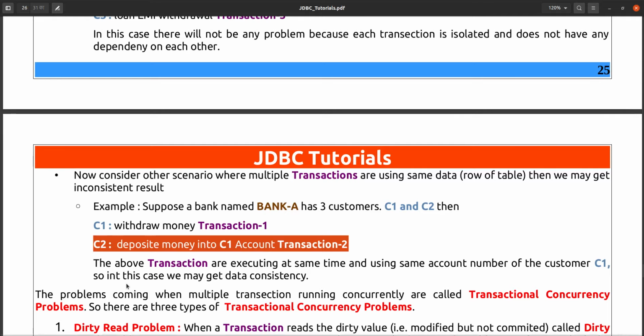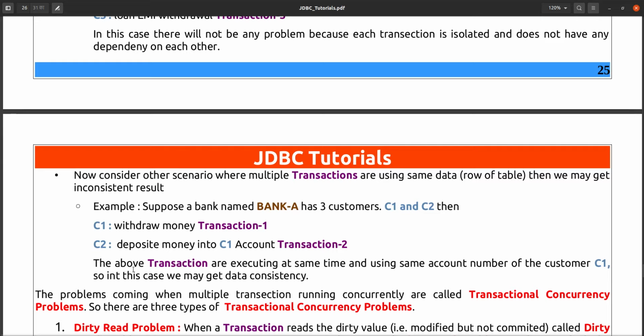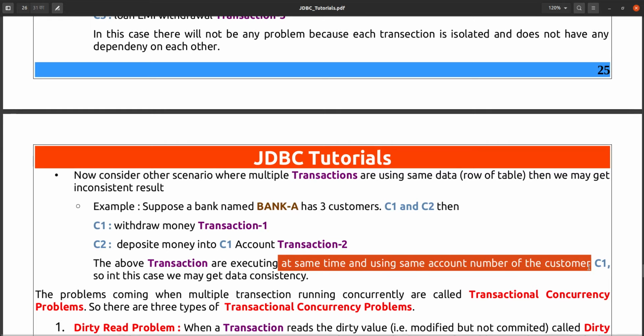So in this case there may be chances of conflict. What can you do in that case? We have to handle this somehow. The above transactions are executing at the same time and using the same account number of customer C1, so we may get data inconsistency.